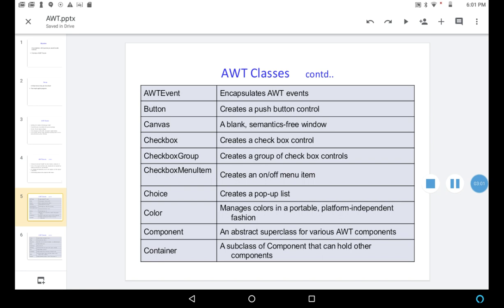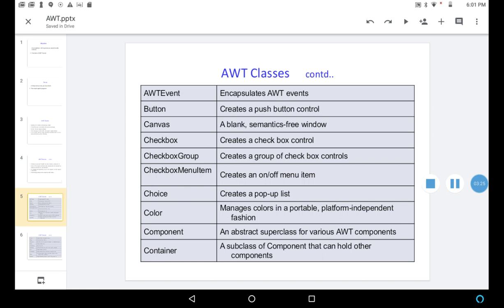Next class is button. In Java everything is a class; here all the controls are treated as classes. Button creates a push button control, and canvas is a blank, semantics-free window.